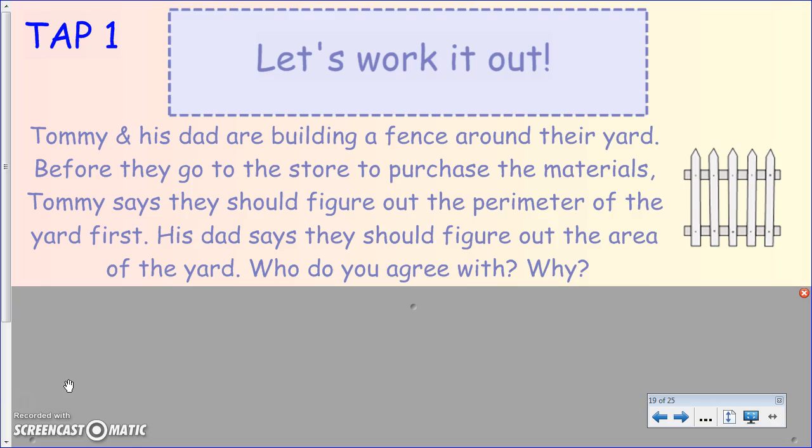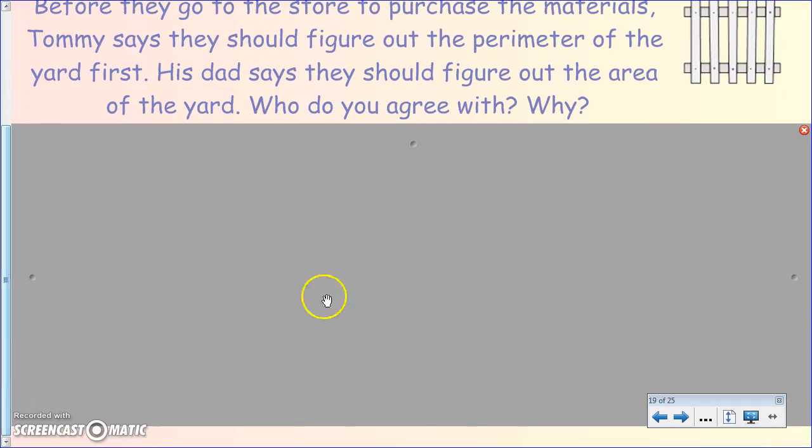So, if you wrote down that you agree with Tommy, you are correct. They need to find the perimeter of their yard so they know how long the fence will be, so they know how much to purchase. Our second example here,